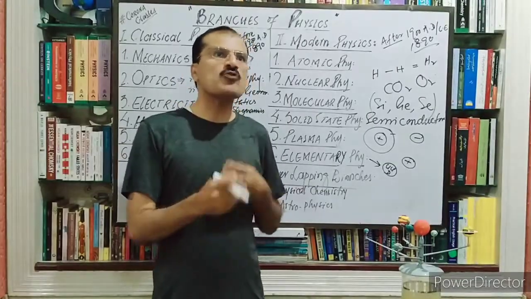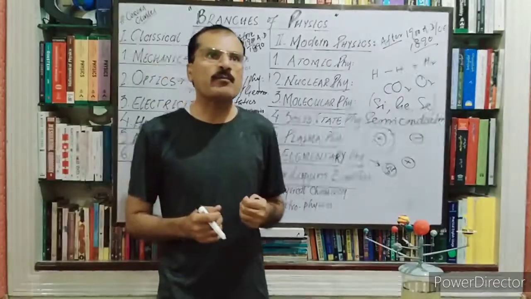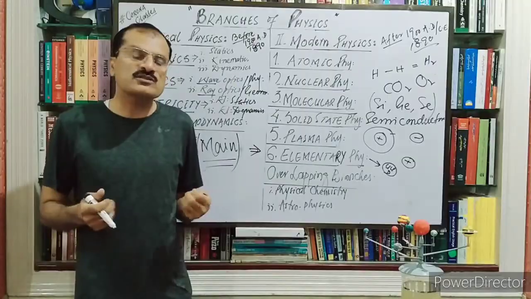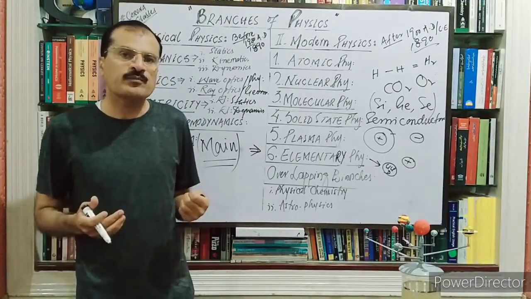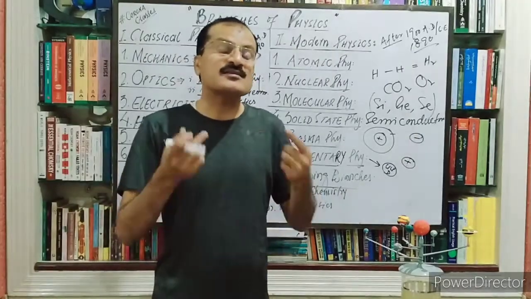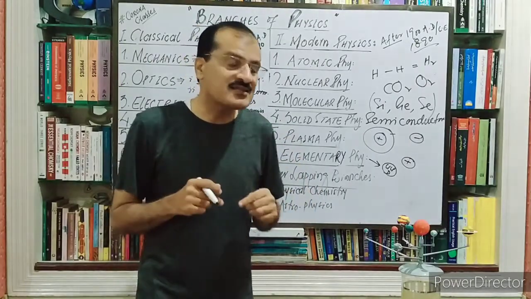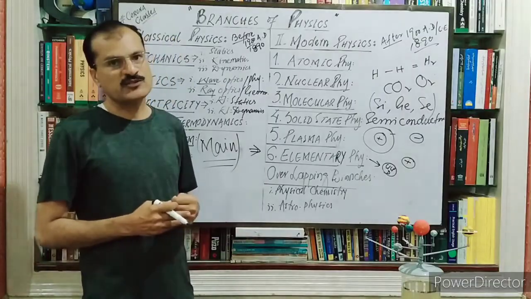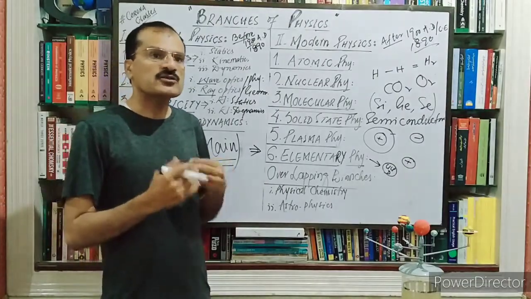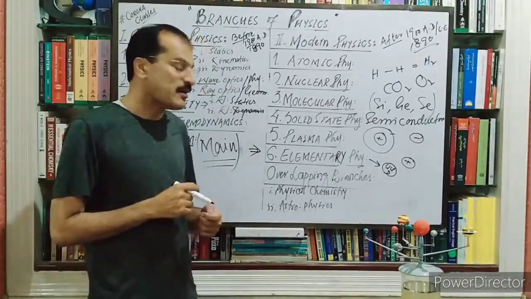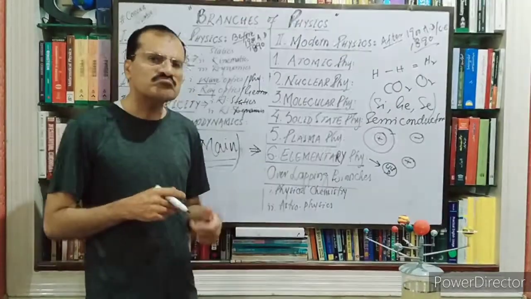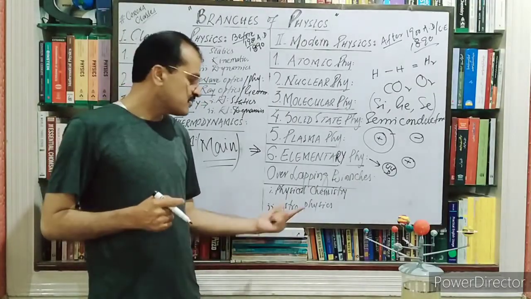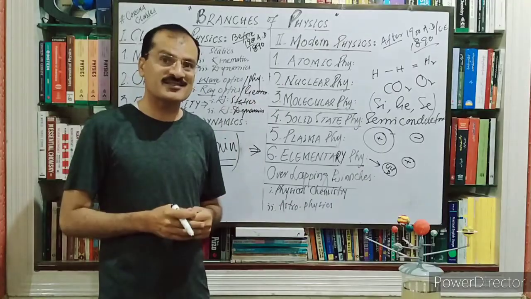Because in chemistry you have to study about the covalent bonds and ionic bonds. Covalent bonds and ionic bonds, these are two kinds of forces. Different kinds of bonding means forces, and the nature of forces is studied in the physics. So we can say physical chemistry is actually the combination of physics plus chemistry. So the application of the laws of physics in the chemistry is known as the physical chemistry. Astrophysics means the study of the motion of heavenly bodies.